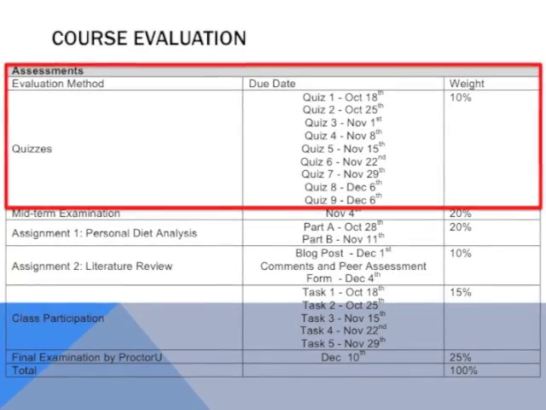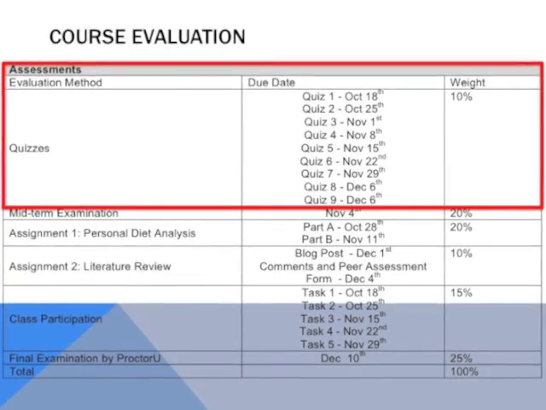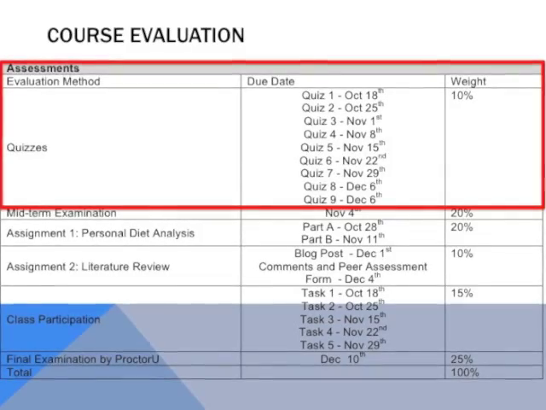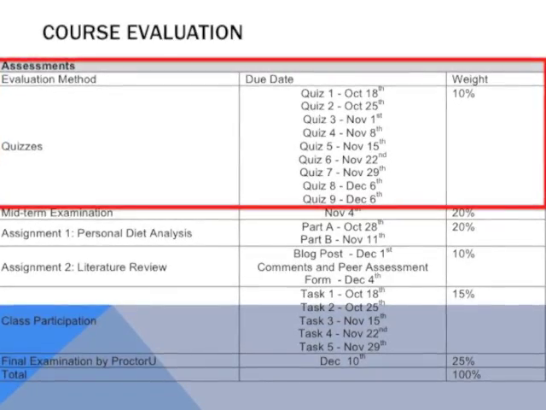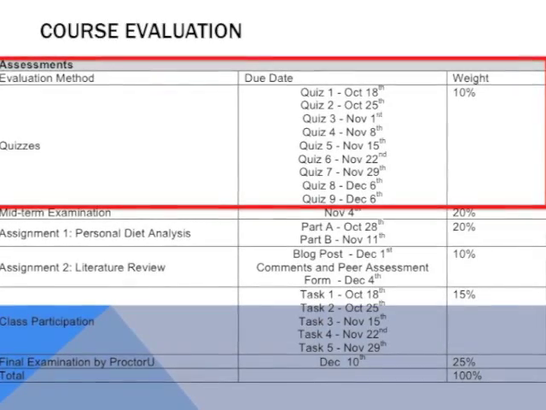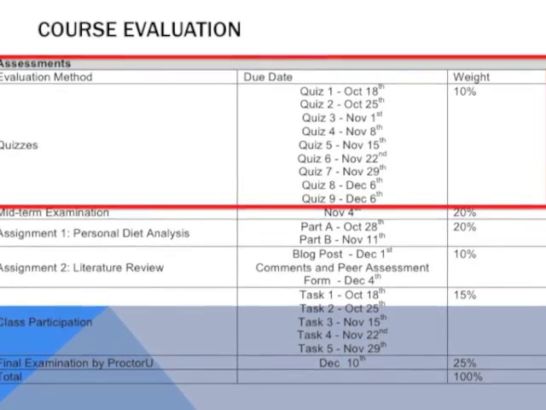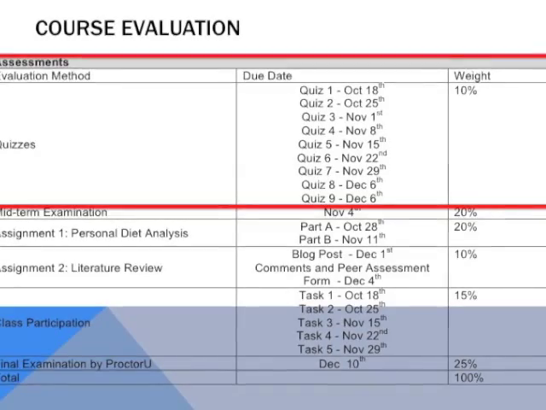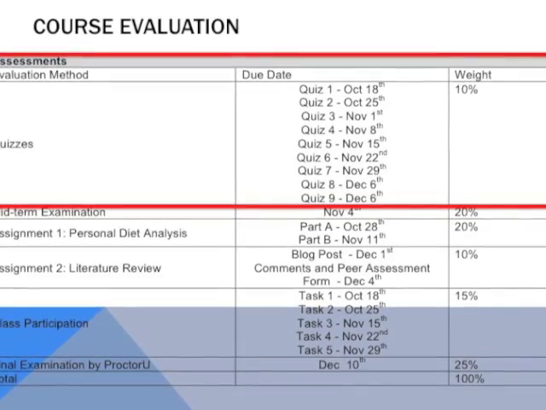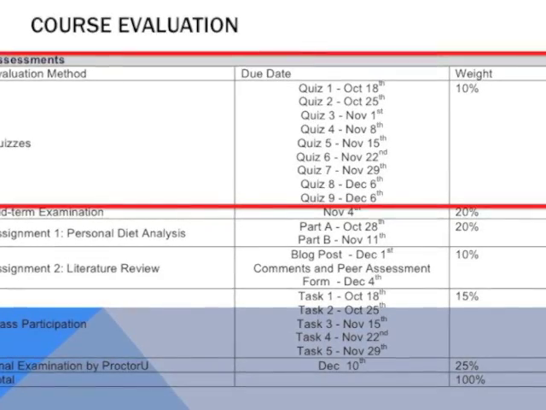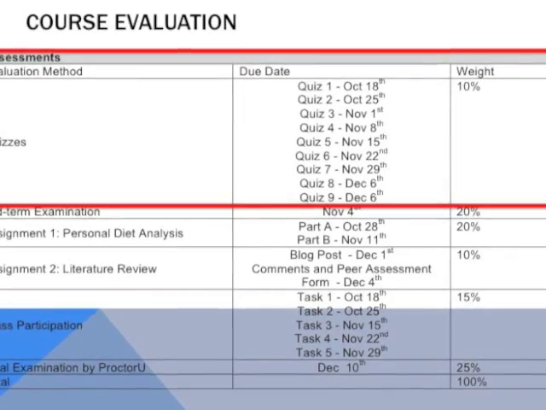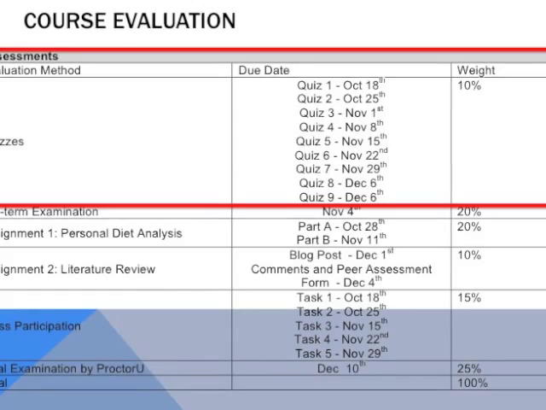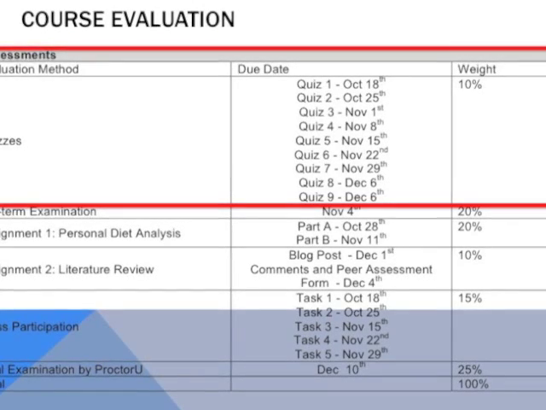10% of your mark will be based on completion of the weekly online quizzes, based on the content of the lectures and readings. These quizzes will include a mix of multiple choice, true, false, and fill-in-the-blank type questions, and some may require basic calculations, such as estimating energy requirements. So keep a calculator handy. For each quiz, you will have a 2-week period during which time you will need to log into Blackboard and complete the quiz.